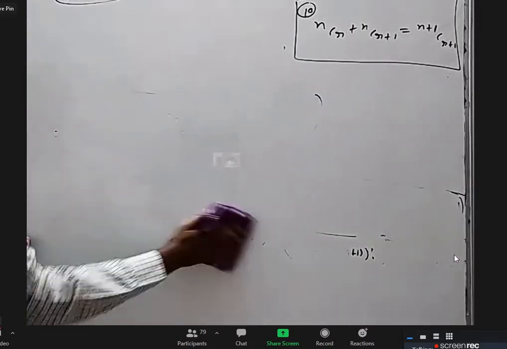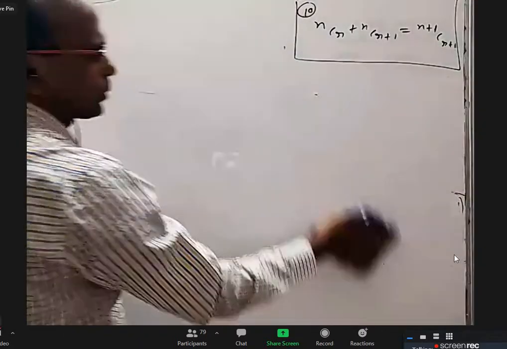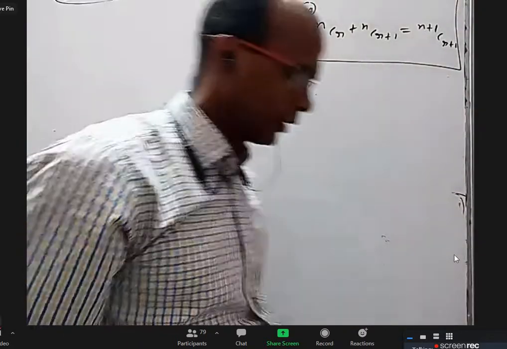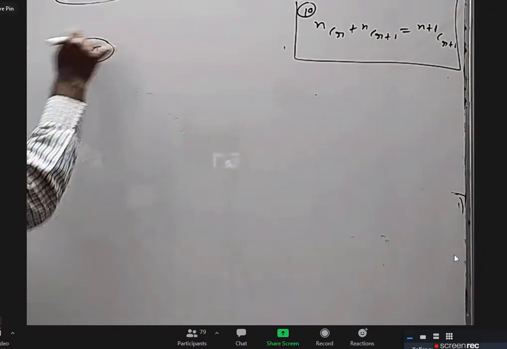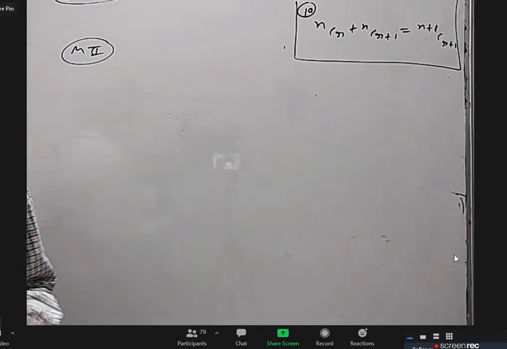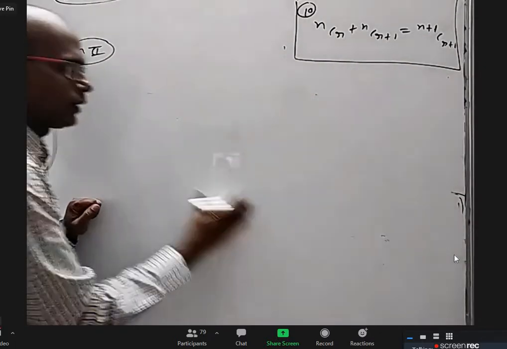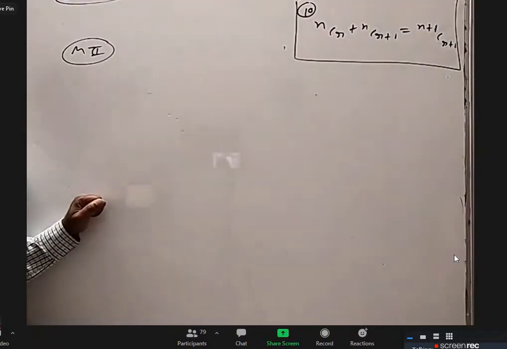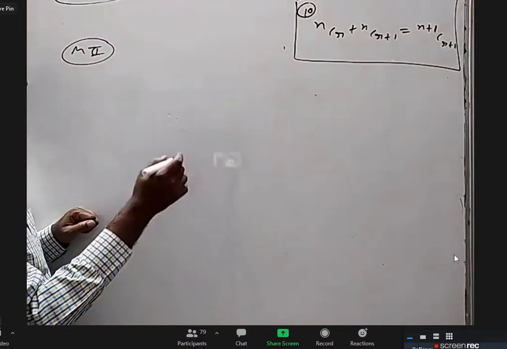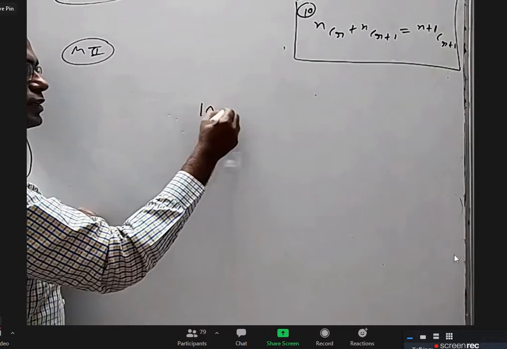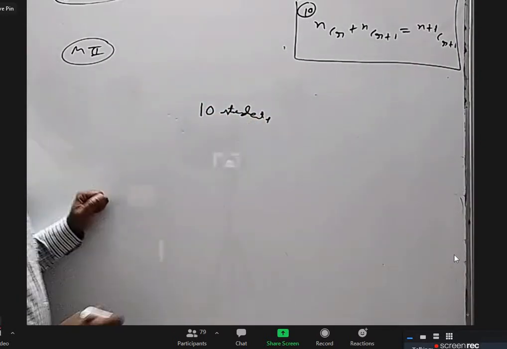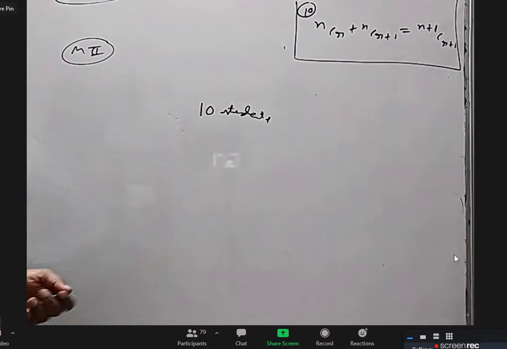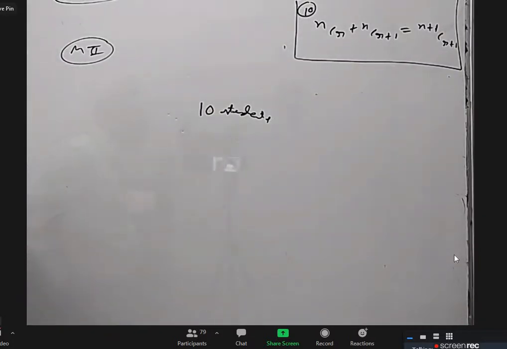Okay. This method 2, what I'm going to explain, some people may not understand, don't worry. If you're able to understand, good, otherwise leave it. Because what I'm going to explain is based on permutation combination. Let us say I have 10 students. From that, I have to select 4 students for a quiz competition. How many ways can I select that?